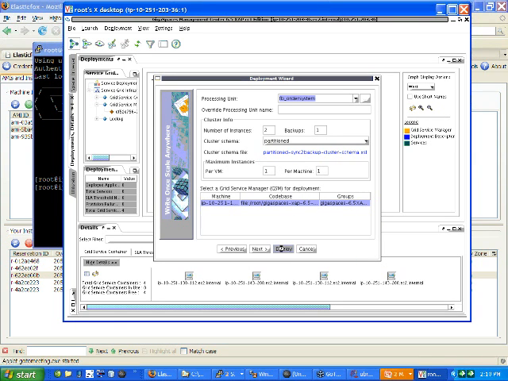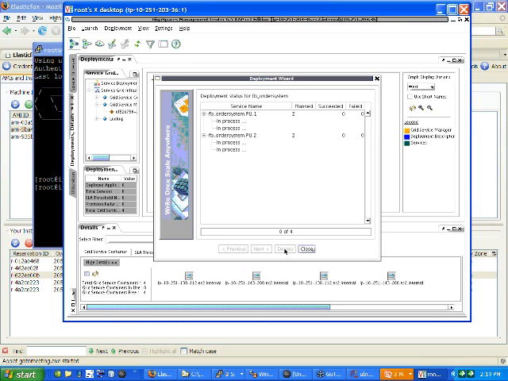I'm clicking deploy, and now my 2 partitions, each with a backup, are going to be assigned to the 4 available logical runtime containers. So what I have here is 2 partitions, each with a backup, and that makes 4 different instances that are going to represent functionality within my application that's going to process orders. Each one of those instances has a complete complement of services. Each one of them has the accounting service, has the logistics service, and has the order cleaning service. And each one also contains a space.